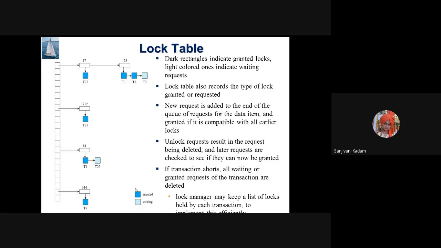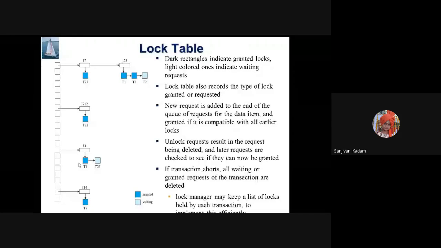Okay, so in the lock table all the data items will be there, and whatever lock requests are granted will be there. As per that, this will maintain a shape. So in the lock table structure, dark rectangles indicate granted locks, and light colored ones indicate waiting requests. So this can also keep a record of which type of lock it has granted or requested, whether it is shared or exclusive. In the current figure, we don't have this provision, but the lock manager, that is the lock table, maintains